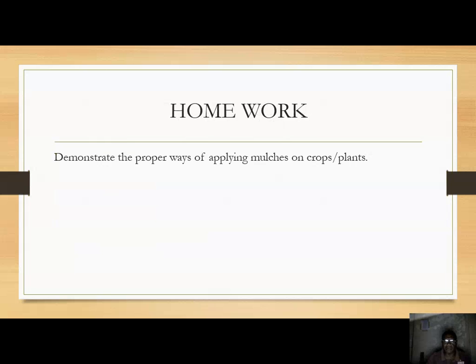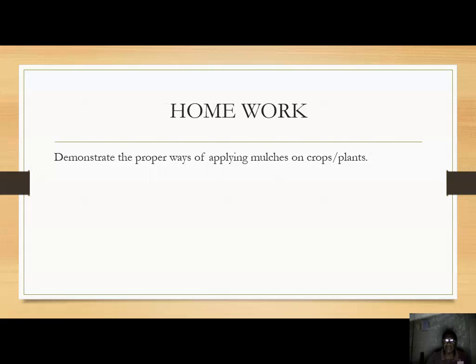Now, your homework. I'd like you to try and demonstrate proper ways of applying mulches on crops and plants. So I'd like you to demonstrate or practice applying mulches on any of the crops or plants around your house or your homes or even your gardens. And before we call it a day,